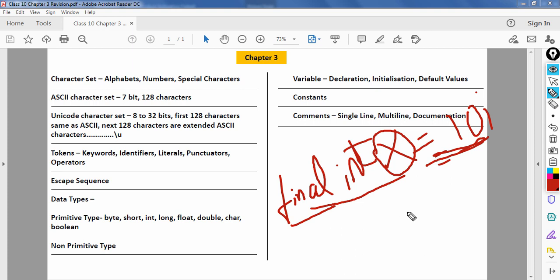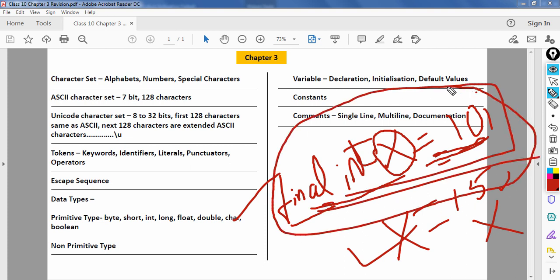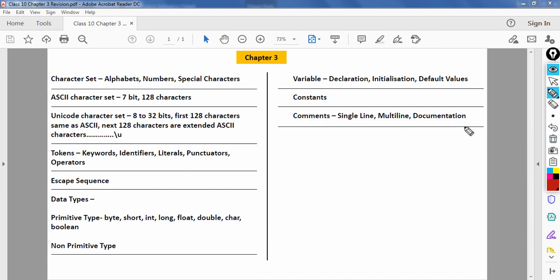That means x value cannot change. If I write x is equal to 15 or any number after this line, it will give me an error. This is not possible because x is a constant, its value cannot change. The value of the constant x will always be 10. So this is what is meant by constant.